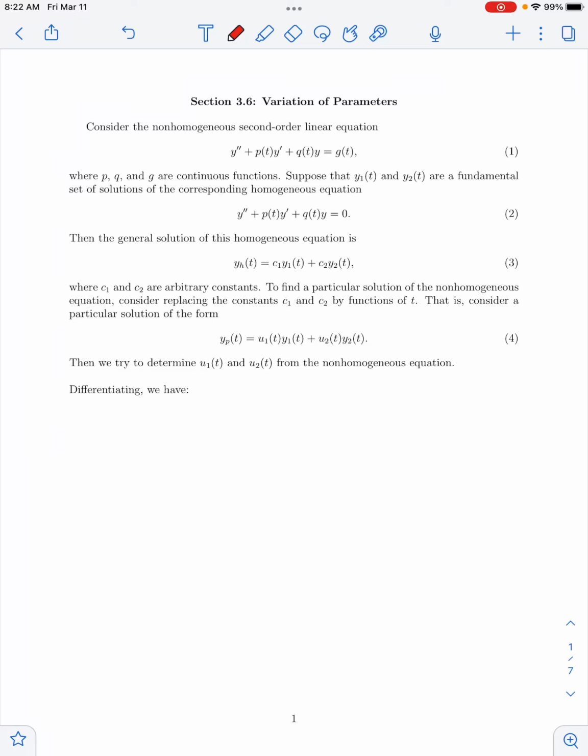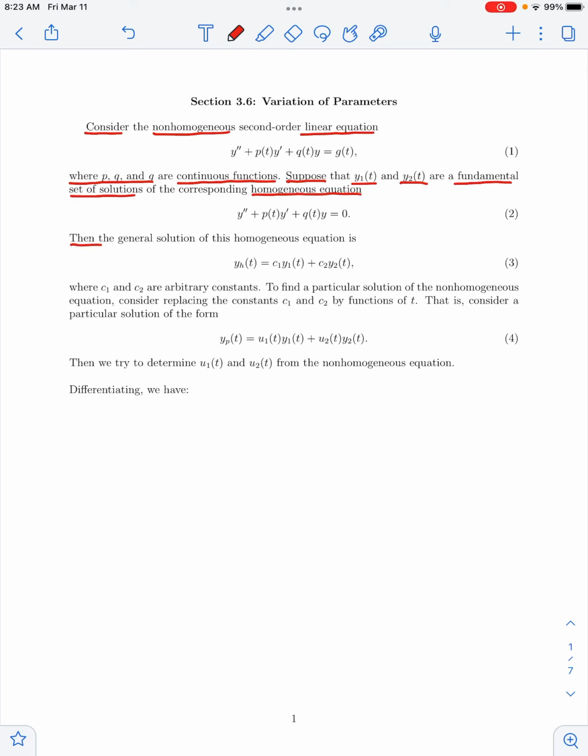Okay, in this lecture we're going to cover our section 3.6 material on variation of parameters, which is another method for solving non-homogeneous second-order linear equations. So here let us consider a non-homogeneous second-order linear equation where the coefficient functions p, q, and g are continuous. And let us suppose that y1 of t and y2 of t are a fundamental set of solutions for the corresponding homogeneous equation,